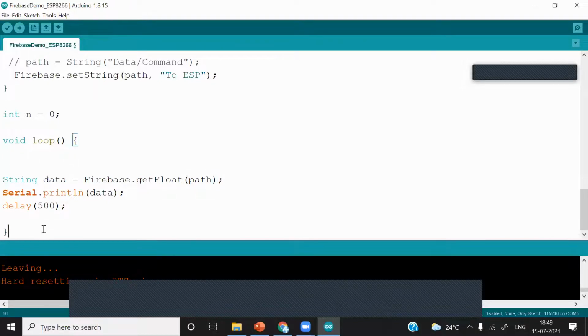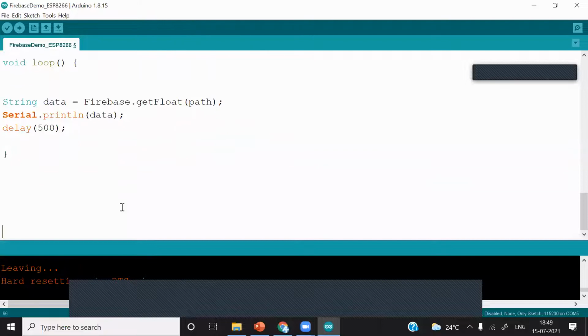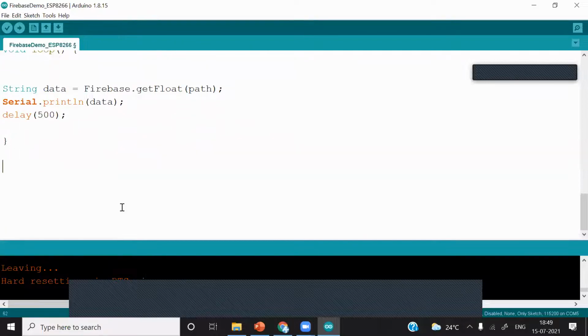I will write these six functions so you can note them down somewhere, and after that, we will perform one experiment. The first function is Firebase dot set string.